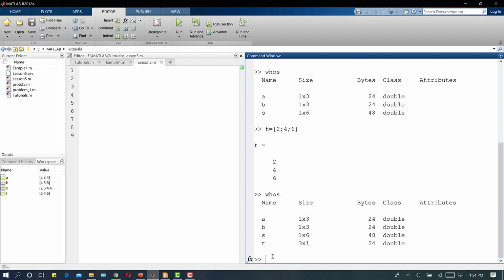Then there is another method that we can apply in MATLAB, which is to take the transpose of a row vector. If we take the transpose of a row vector, it will be converted into a column vector. So how to do it?